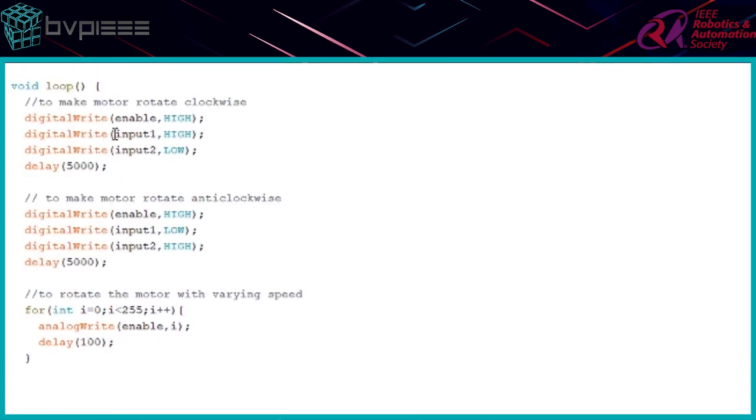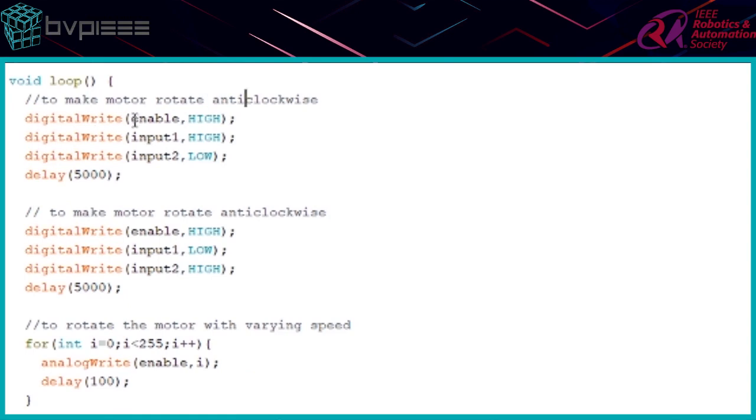I'm going to rotate the motor anti-clockwise first, and to do this I have kept the enable high, as I said before, and I'm giving IN1 high and IN2 low, and this is for 5 milliseconds. And to rotate it clockwise, I'm keeping enable 1, that is ENA, high, and giving input 1 low and input 2 high. In this code I am giving PWM to the ENA pin so that I can vary the speed of the motor, and through this code I am varying the speed of the motor steadily up to the maximum. So let's see how the motor will work.